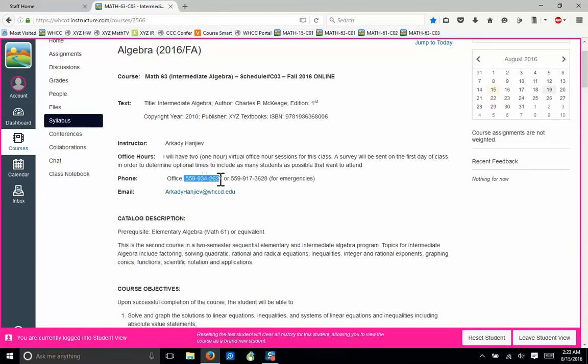All right, my office phone number is right there. And for the online classes, I do give you my cell phone number just in case, again, for emergencies, in case you're setting up something for maybe the midterm exam and something happens. So this is the emergency phone number. All right, and my email address is given right there in case you need it. Again, this may be used a lot by you if need be